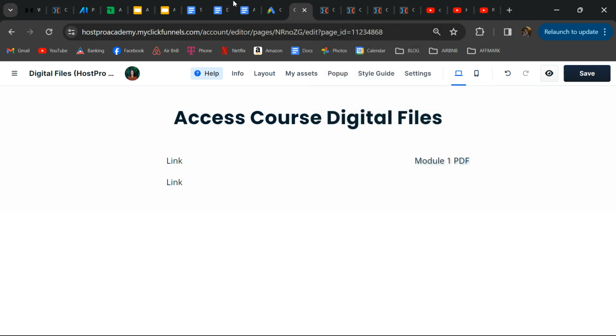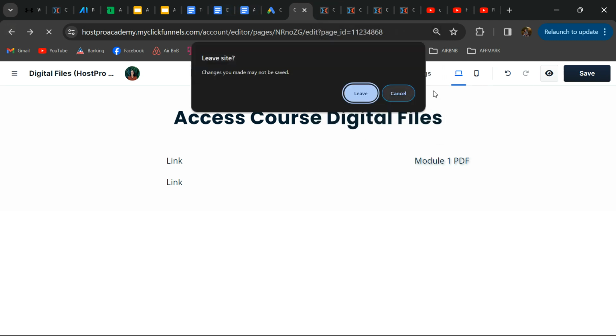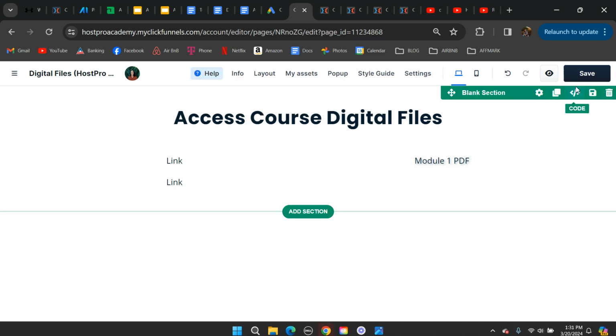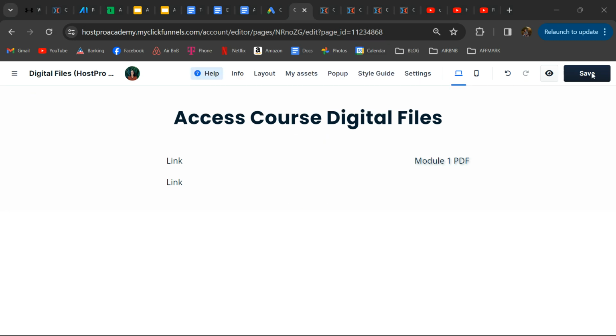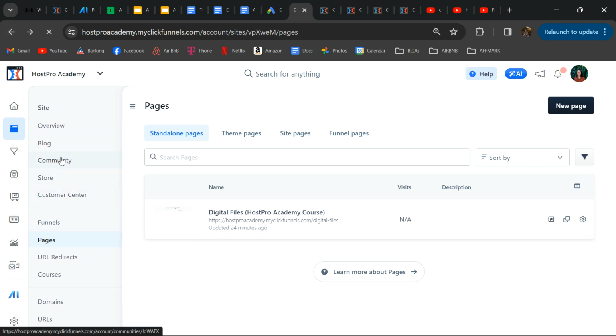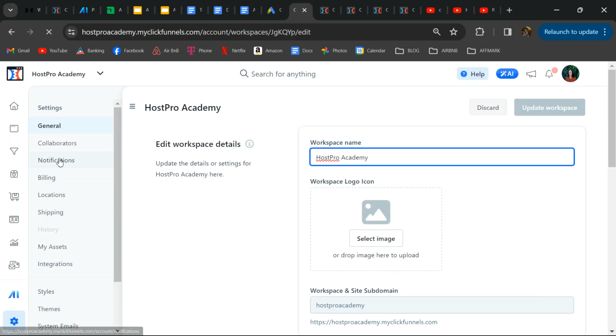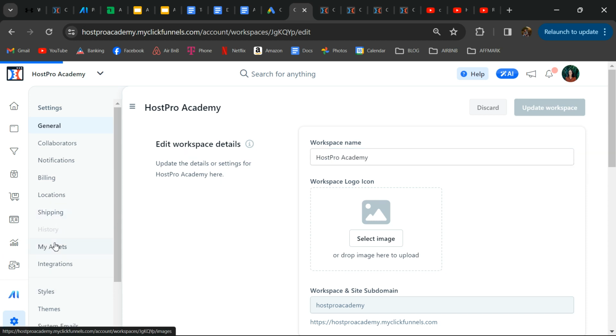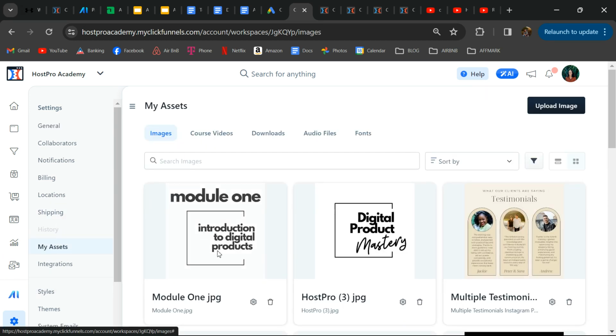Let me see if I know how to do this, or if I can figure out, go back and show you. Let me save it real quick. Okay, save it. Let me go back. So you have to go down to, try to remember here, products. Oh, I think it was assets, which is settings. Guys, this is my first time doing this also. So I think it was settings, and then you go to my assets, and you have to add in the